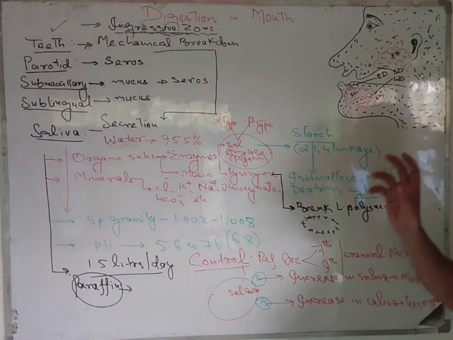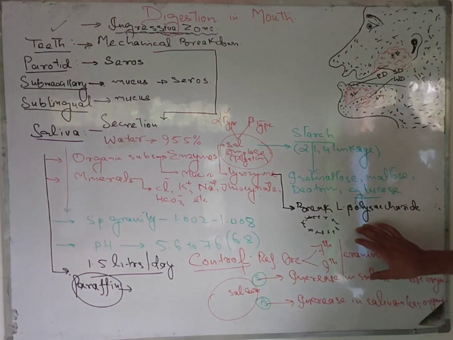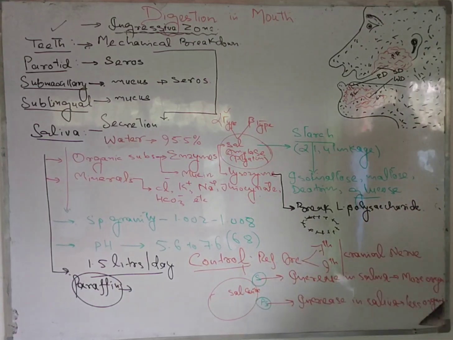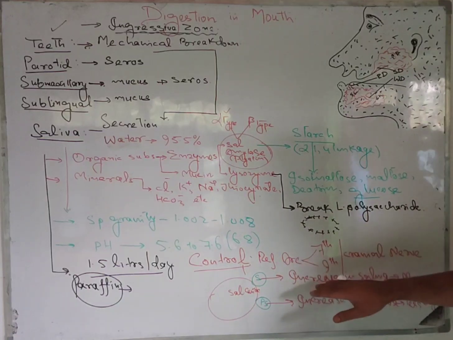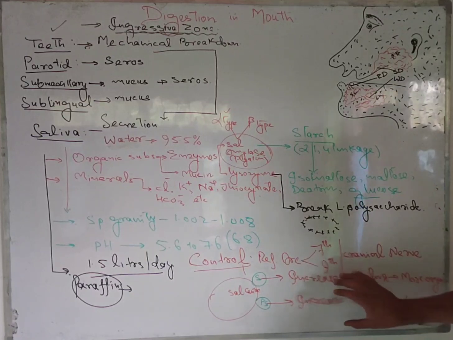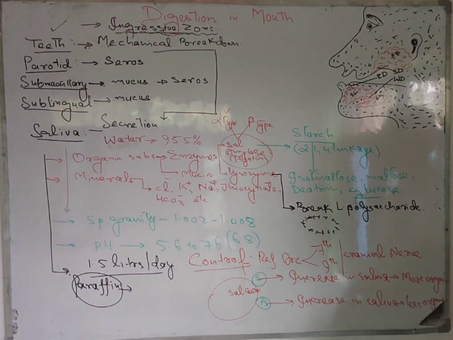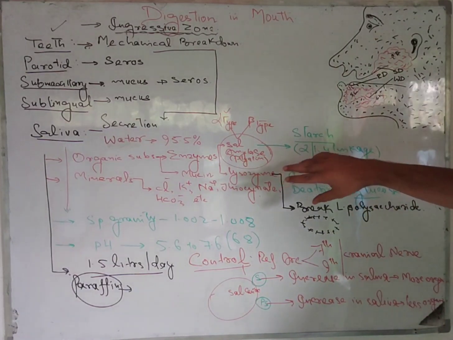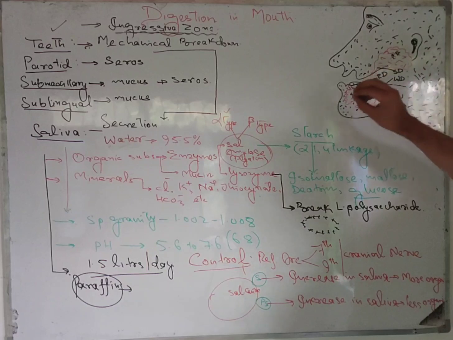And so far as the reflex arc in which your brain is also associated, I have already told you that it is your 7th and 9th cranial nerve which is actually associated with the respective reflex arc, which is associated with the regulation of the salivary gland secretion. This is the main role of our buccal cavity and its accessory digestive glands in the process of the